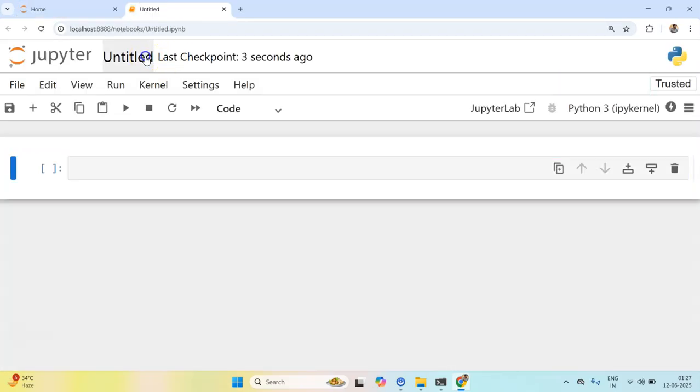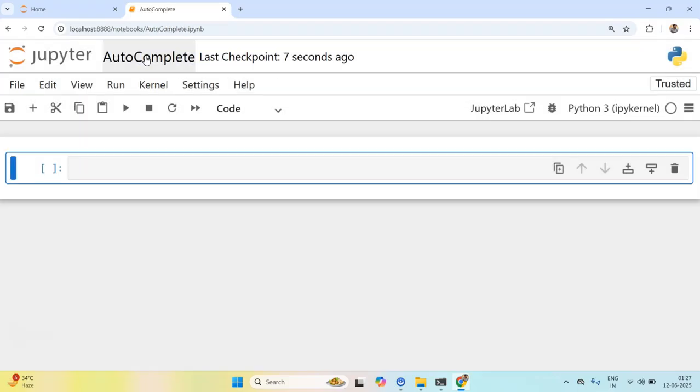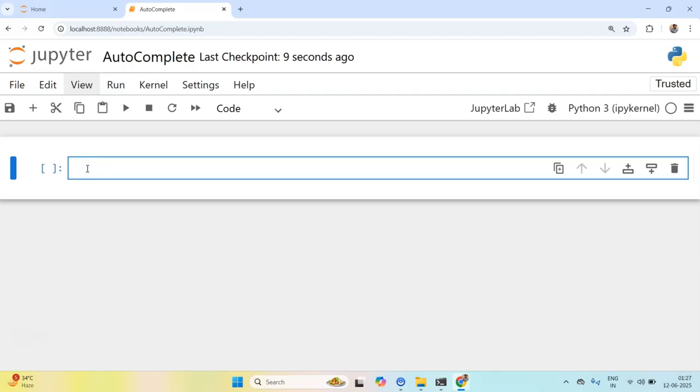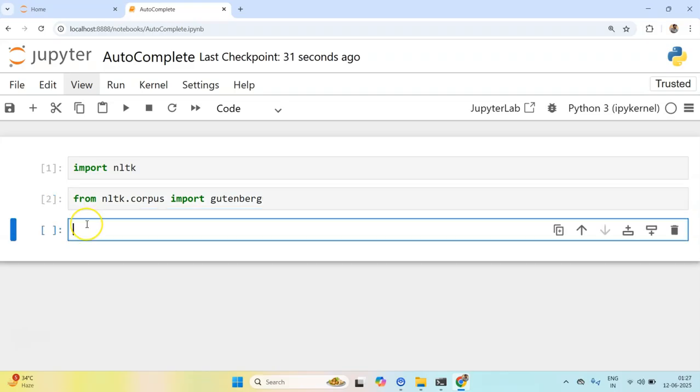So I'll rename it autocomplete. Now let's import the NLTK package, and we would also need nltk.corpus, import maybe Gutenberg, because Gutenberg offers Shakespeare's work.